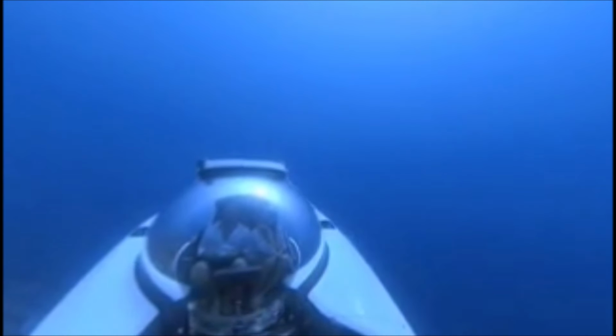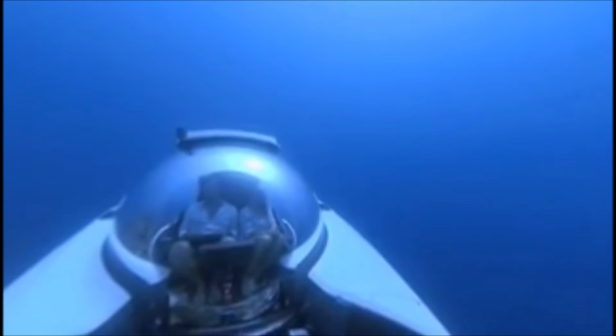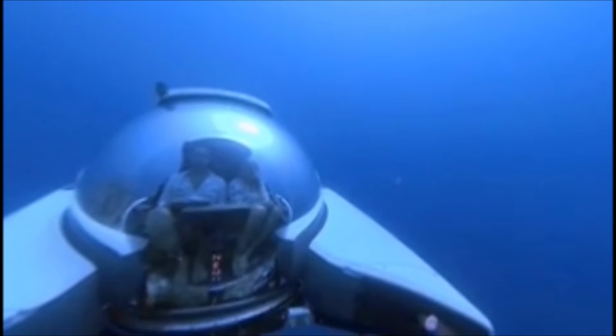Ever dreamed of exploring the ocean depths? The NEMO VR submarine lets you dive 100 meters underwater in a real two-person sub. It's like having your own personal underwater spaceship. Experience breathtaking marine life and underwater landscapes from the comfort of your seat. With NEMO, the mysteries of the ocean are just a